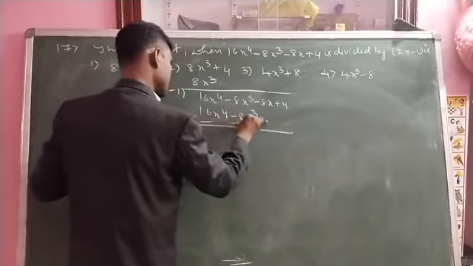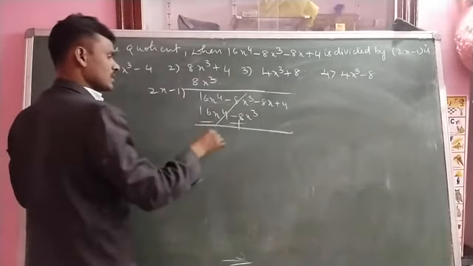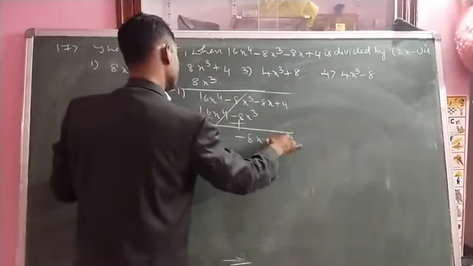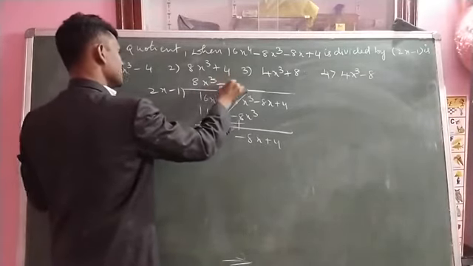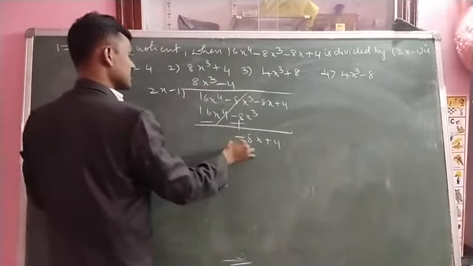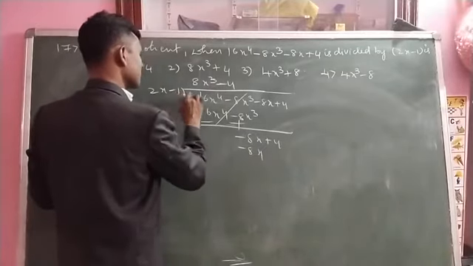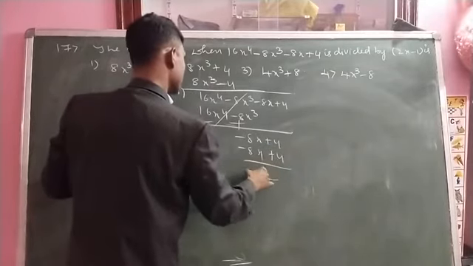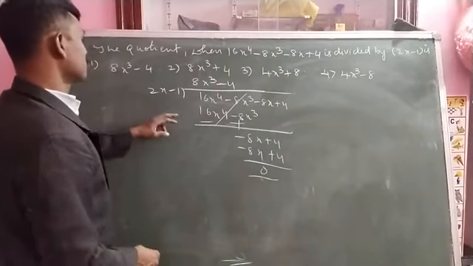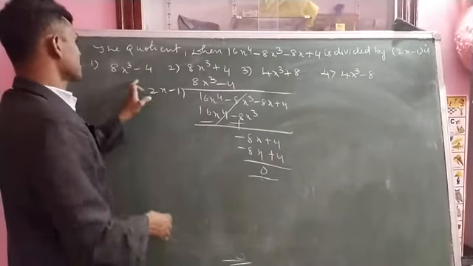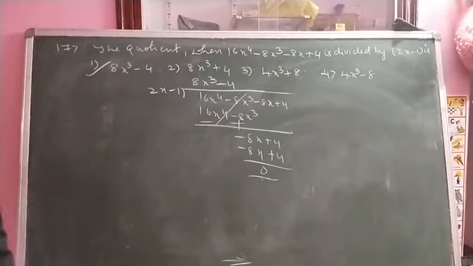Now you have to subtract here. This cancels both. Now minus 8x plus 4. You have to take here 4 twos are 8, so 4 into 2 minus 8x. Minus 8x minus it, minus plus, 4 ones are 4. The remainder is equal to 0. Then the quotient is equal to 8x to the power of 3 minus 4. This is the first option. Note down.